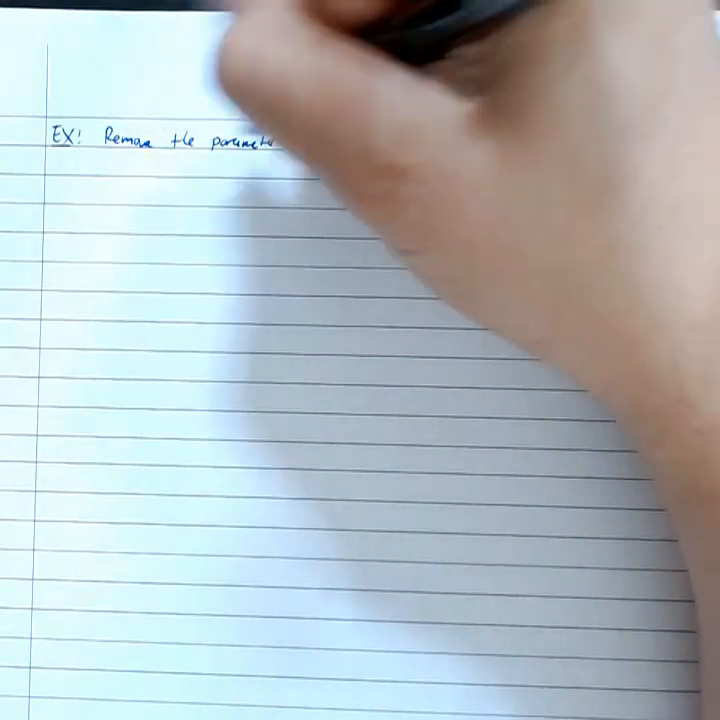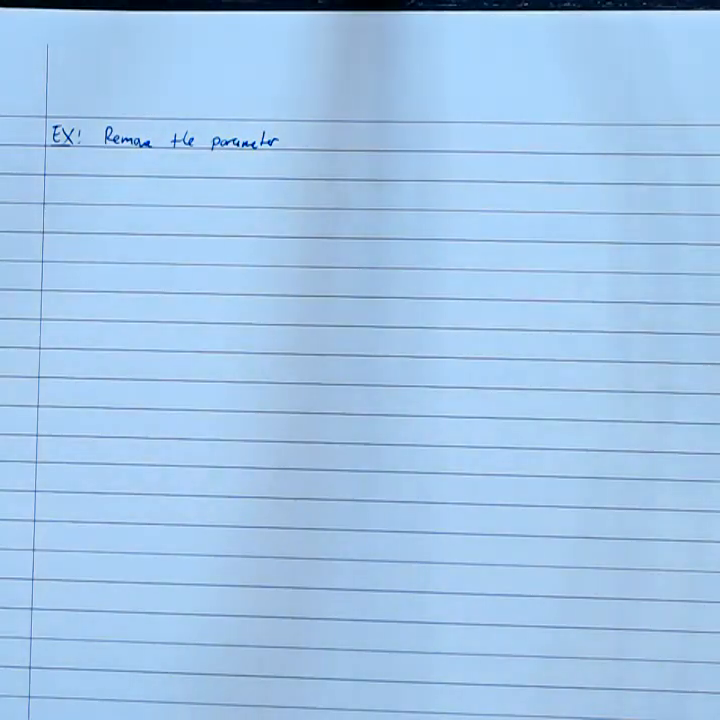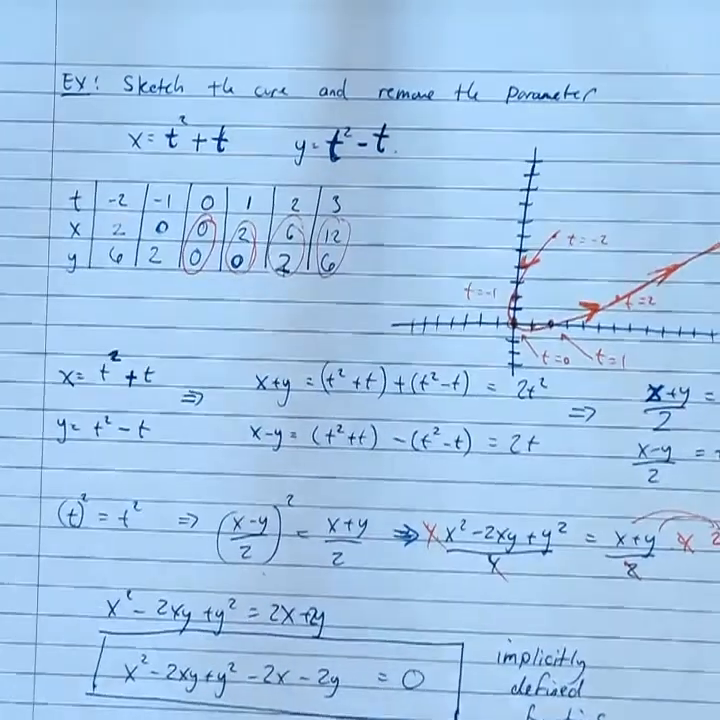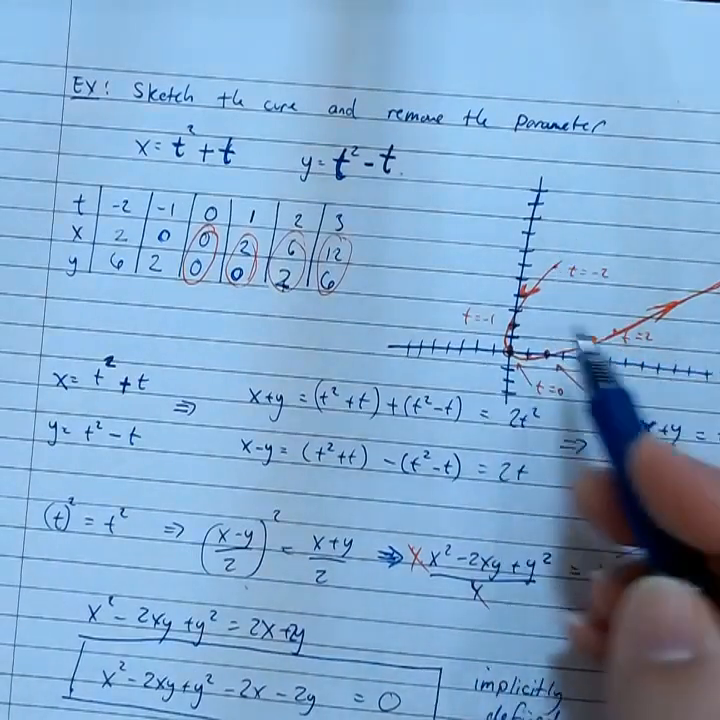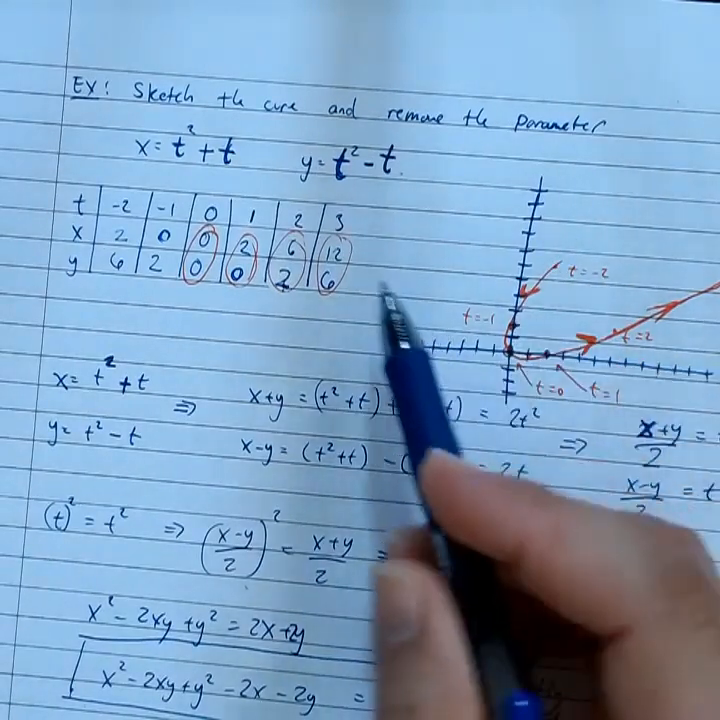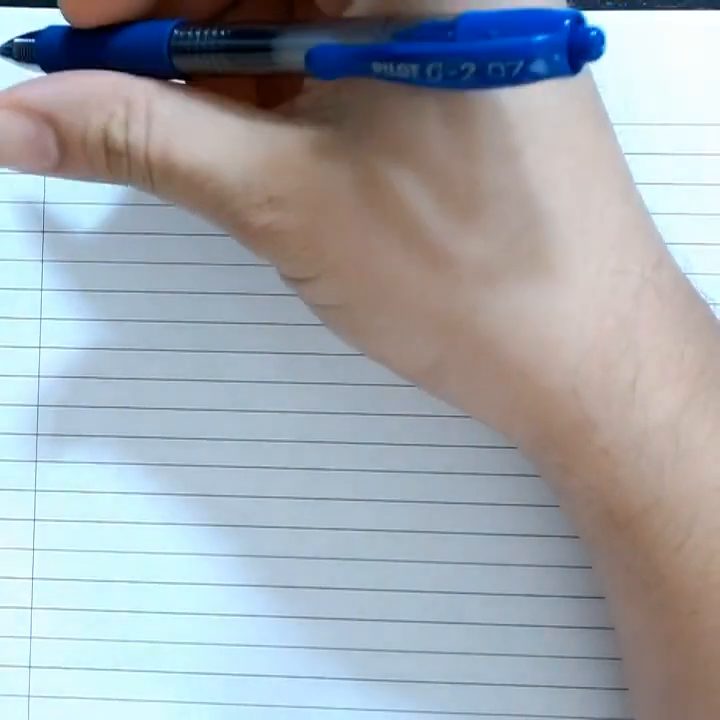Right? Because sketching it is going to work the same way every time. You're going to plot some points, connect the dots, and make sure that you have your orientation. Make sure it follows the arrow of time. Time goes forward. Okay, so let's remove the parameter, and let's take our